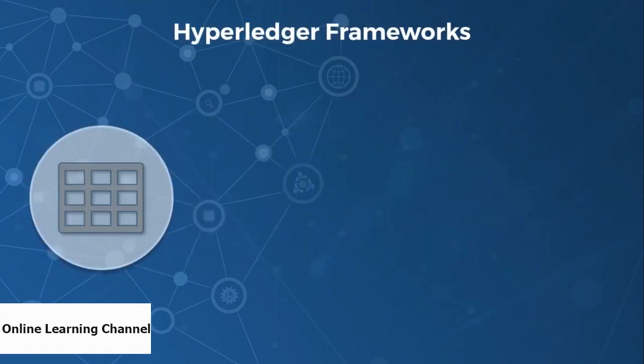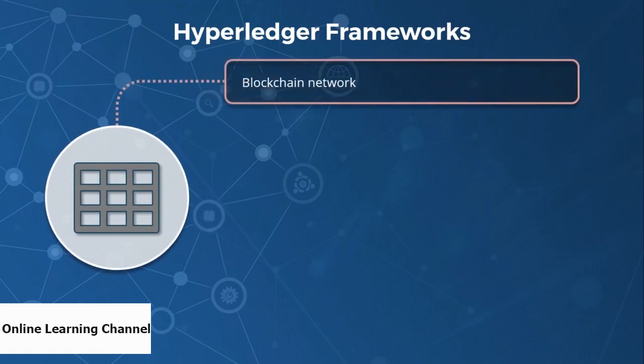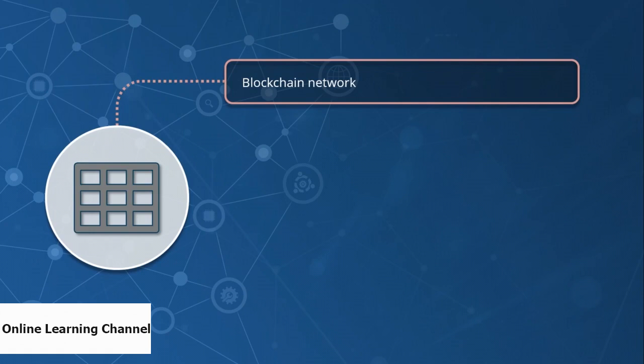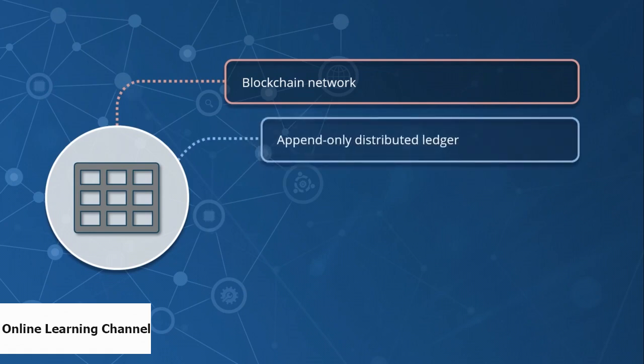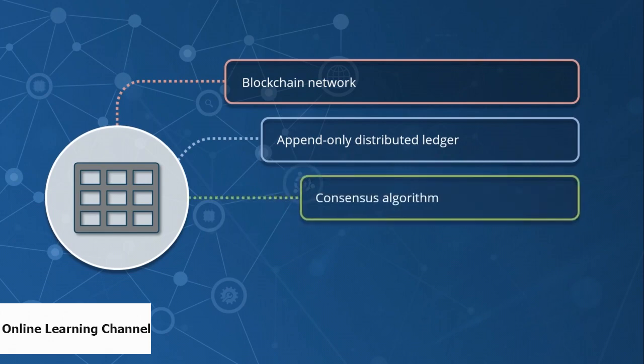From these though, let us now begin focusing on Hyperledger frameworks. At the heart of it, you can consider that a Hyperledger framework is pretty much a blockchain network. Each Hyperledger framework is its own blockchain network with its very own characteristics, but in each case, there is an append-only distributed ledger which is involved, which makes up the blockchain, and each of the frameworks has its own consensus algorithm. Some of the frameworks are designed in such a way that the consensus mechanism is a plug-and-play service. So you're not tied to a single consensus algorithm and can switch between them depending on your